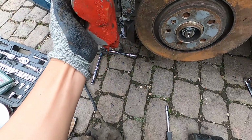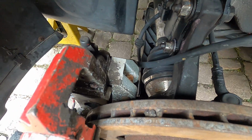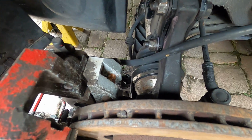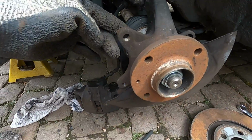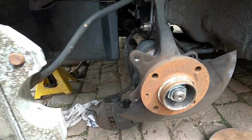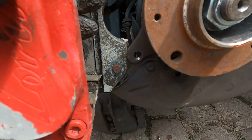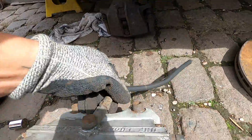Look how massive this caliper is. Is it close? Actually, that might actually bolt up. Hold on a sec. So I went ahead and pulled the rotor off to get a better look here. So these are our mounting points, 1 and 2 for our caliper. Look how close these are to actually fitting. Look at that. One's there. This one's just a hair too far down,